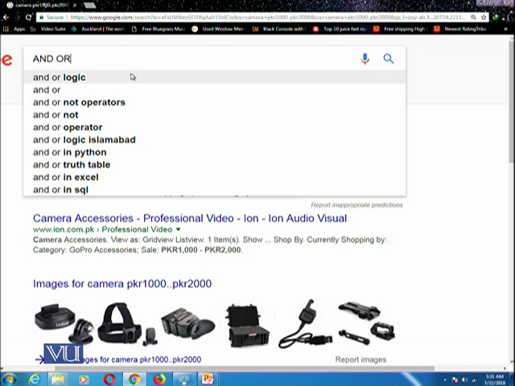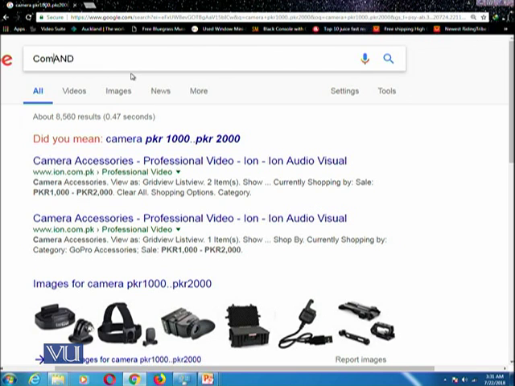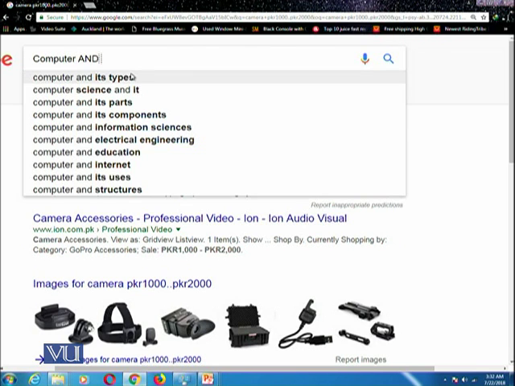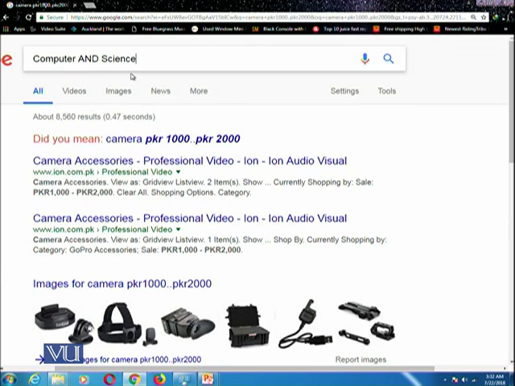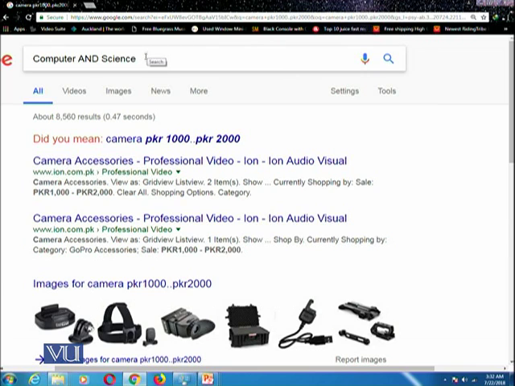So for example, if you write AND between two words, for example you write computer AND science, this AND would mean that it will return all of those pages which have the term computer and science at any locations in that particular web page.